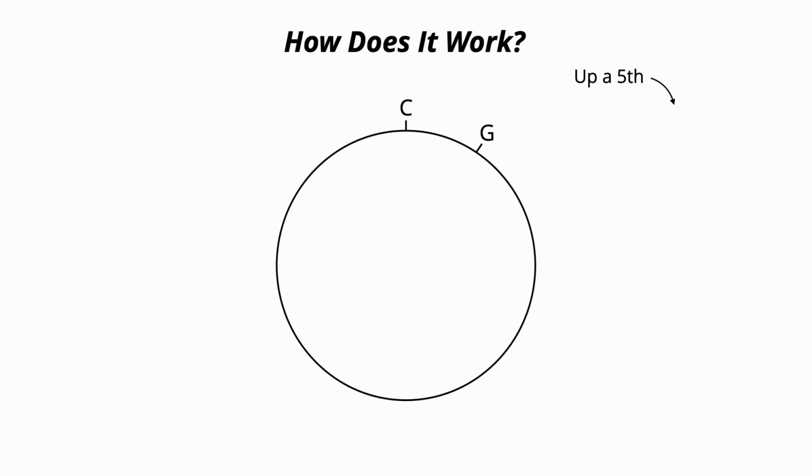Once we've found our fifth from C, which is G, we then just repeat this. A fifth above G is D. A fifth above D is A. A fifth above A is E. A fifth above E is B. A fifth above B is F sharp. You'll notice that we're about halfway through our circle, so we're going to stop and now go counterclockwise, moving up